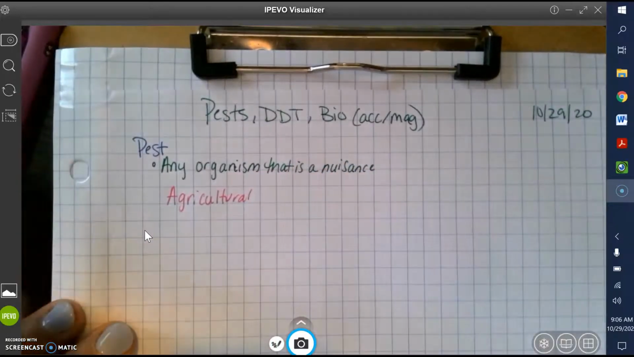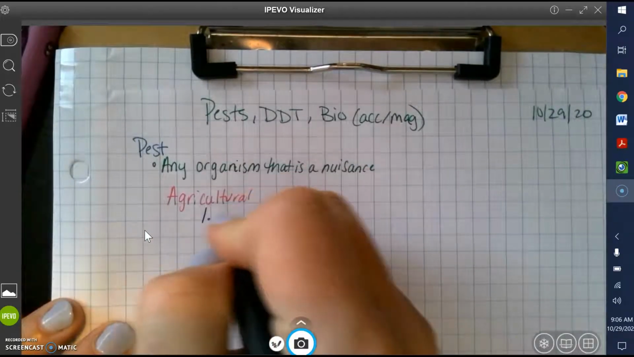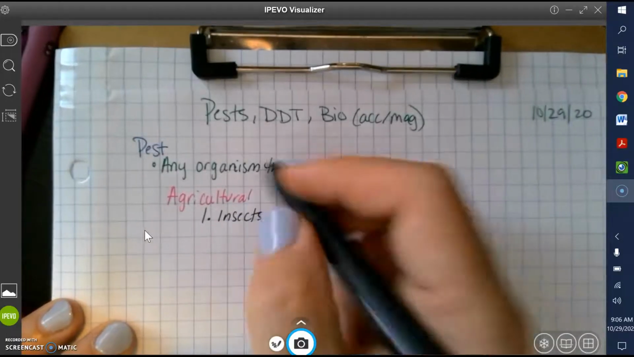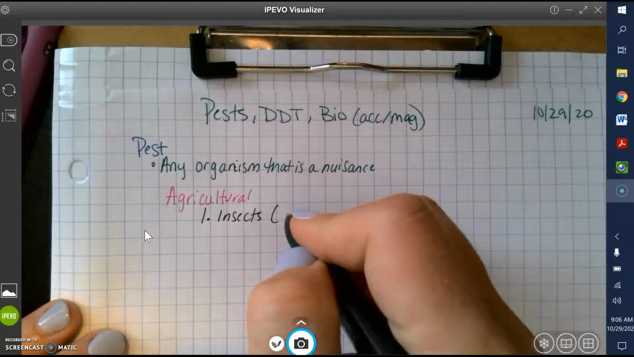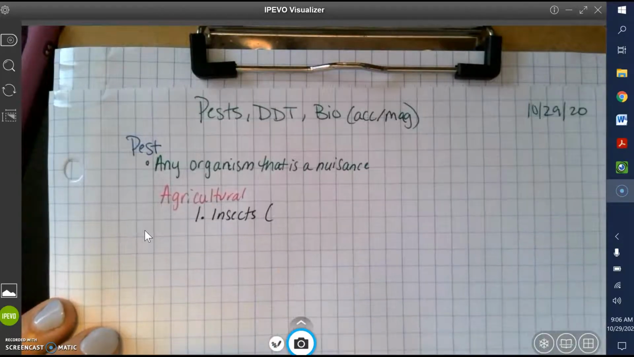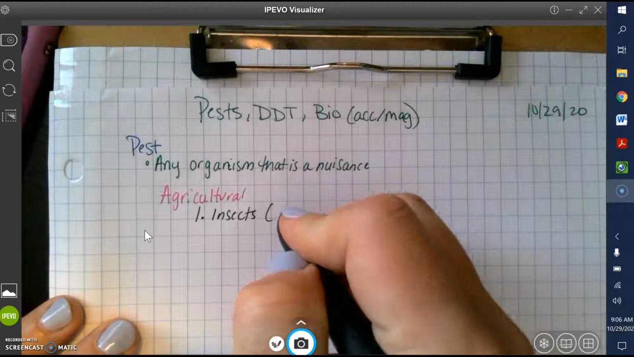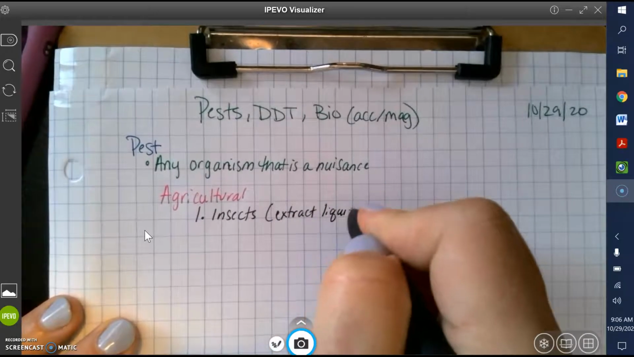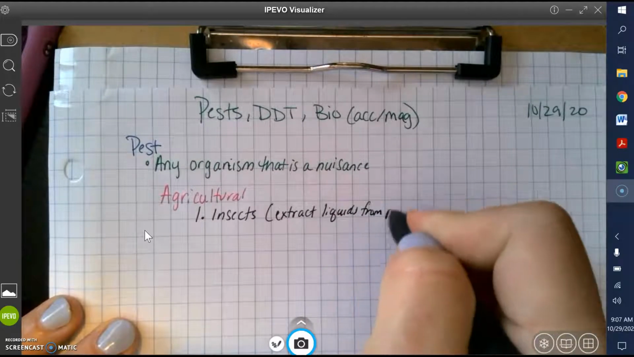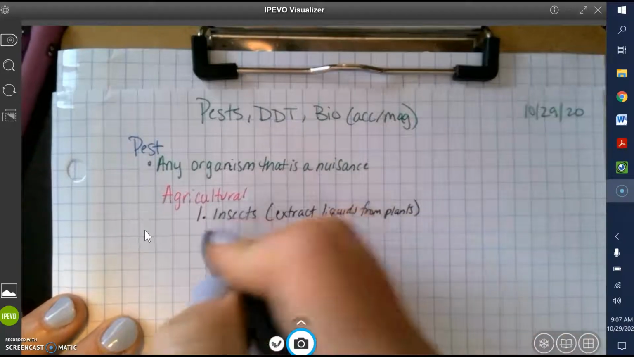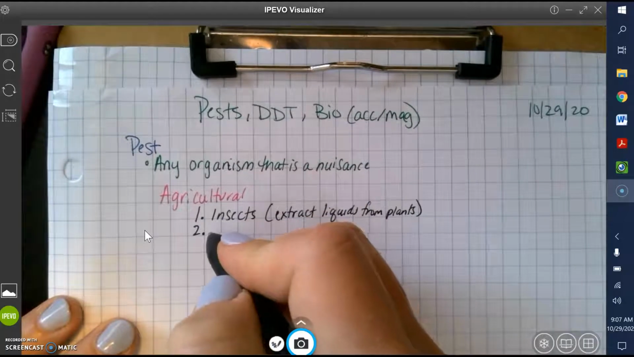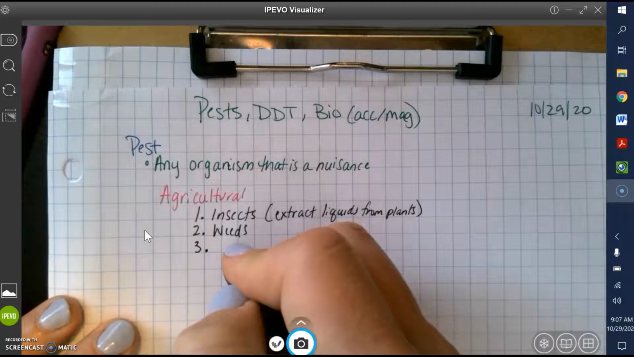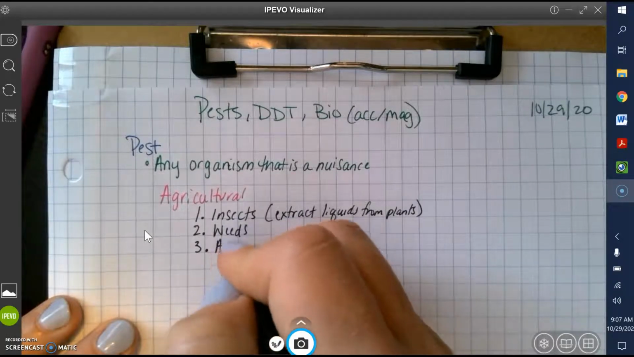So when we're talking about agricultural pests, we have a whole bunch. We have insects. These guys, as we know from hearing from part of our problems yesterday, extract liquids from plants and can do some major damage, even killing them. We have weeds that are issues. We have arthropods,